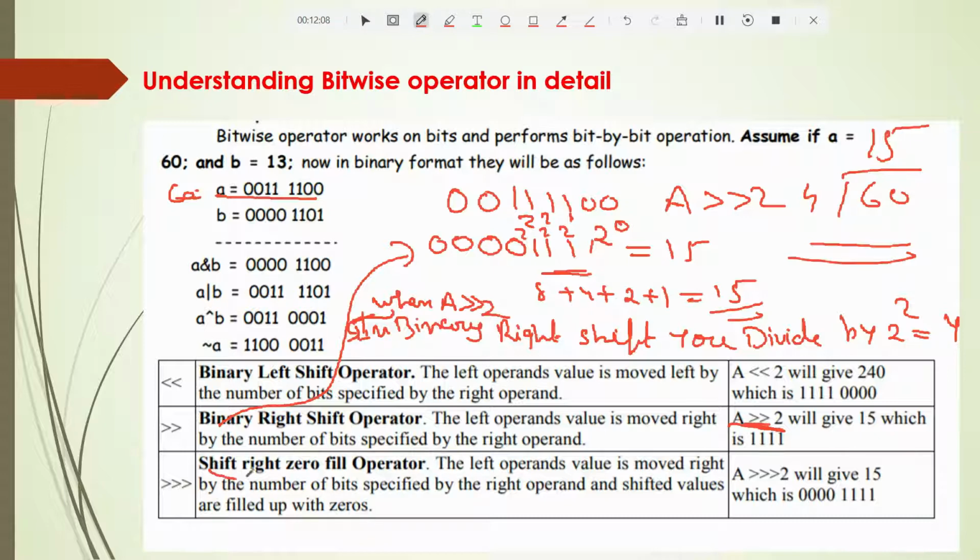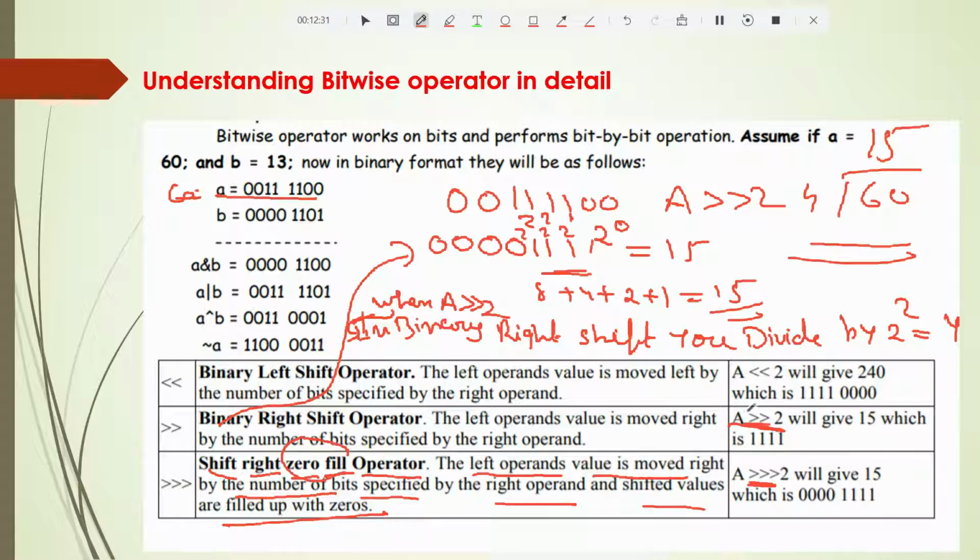Now next is the shift right 0 fill operator. Here the left operand's value is moved right by the number of bits specified by the right operand, and the shifted values are filled with zeros. That's all. If you give three arrows, that is shift right 0 fill.